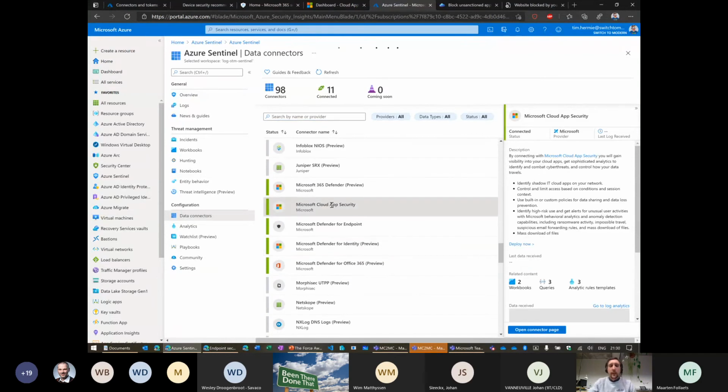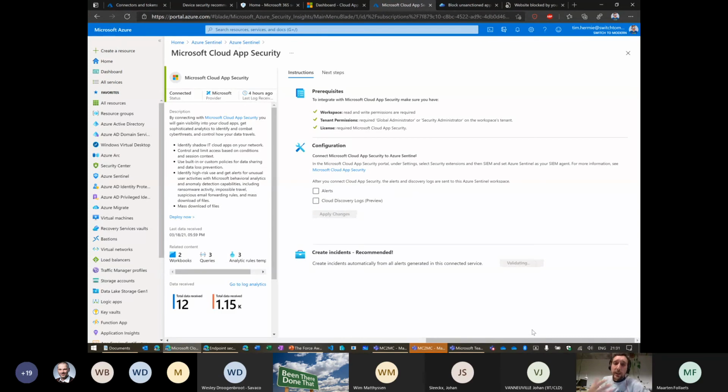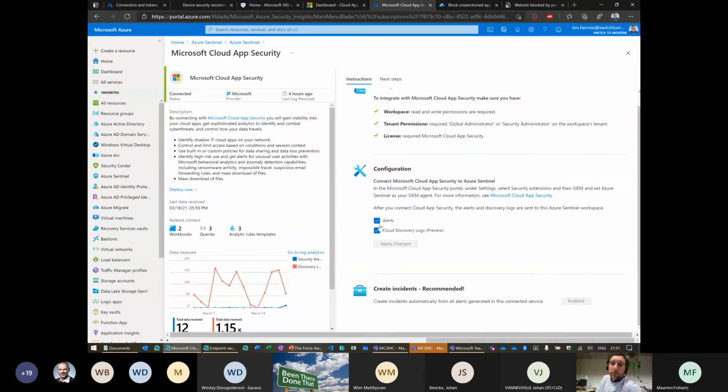Cloud App Security. If you start with an empty Sentinel, this won't be green here. The green means that we are connected, and you can see this here. So we will have a gray one with Cloud App Security. You can open your connector page and you can follow the guide here. So like I said, if we just ingest the alerts from MCAS, Defender, it will create incidents for us if we want, and it won't cost us a thing, except for the log storage. Keep that in mind. But the Sentinel service of ingesting the logs will be free.